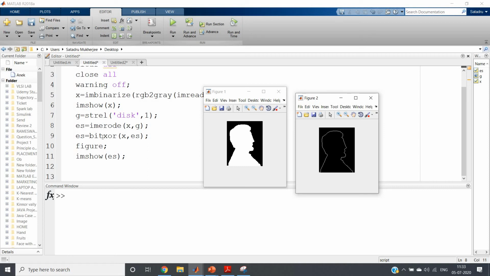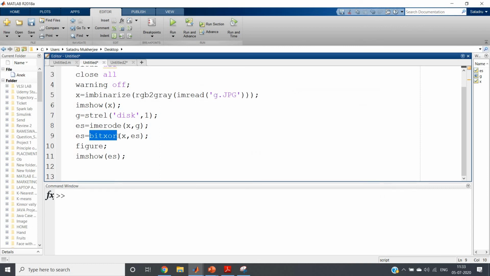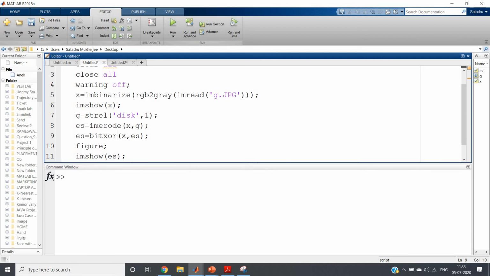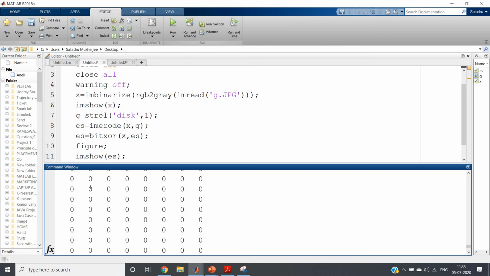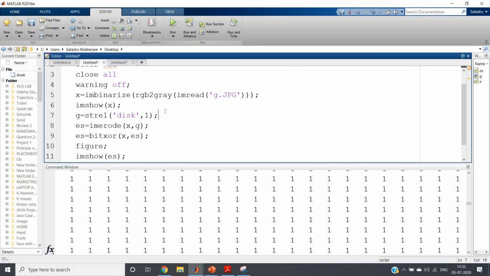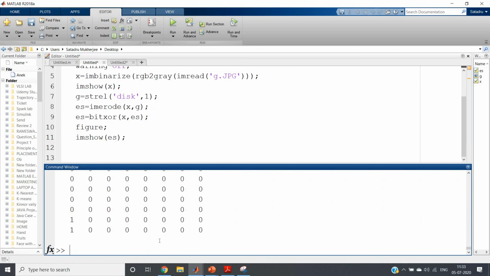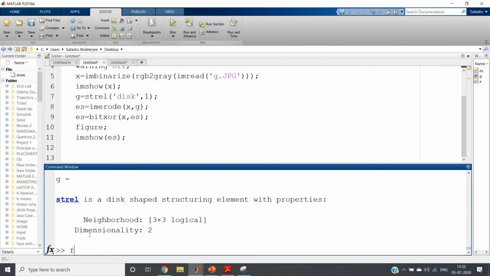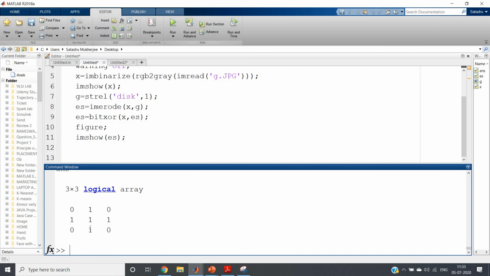This is all for this video. If you want to know more about bitxor, don't forget to check my previous video where I discussed the logical operation on images. There I have taken a grayscale image, but here the bitxor operation can be understood more simply. Why? Because here X itself has 0 and 1 only, because X is a binary image. See, 0 and 1 only. And my structuring element was G. Let me show you the structuring element, G dot neighborhood. See, this is also 0 and 1. So it is the 0 and 1 binary domain.